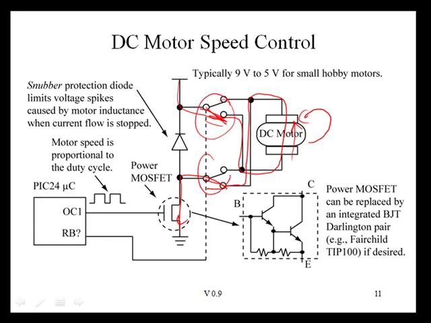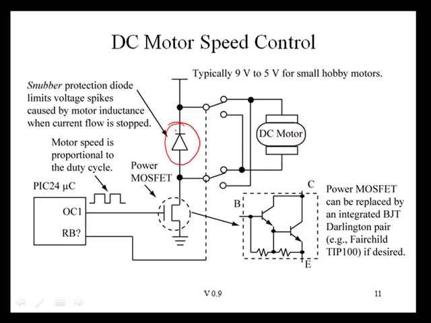So this set of switches here and this parallel I/O pin here is for controlling the direction of spin of the motor. This diode here is called a snubber diode, and it helps to suppress voltage spikes that can occur in this DC motor when we interrupt the current control. Remember, this thing is a switch. A motor looks like an inductance